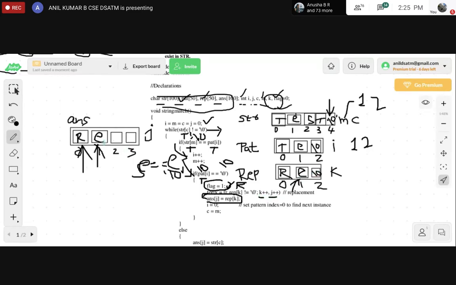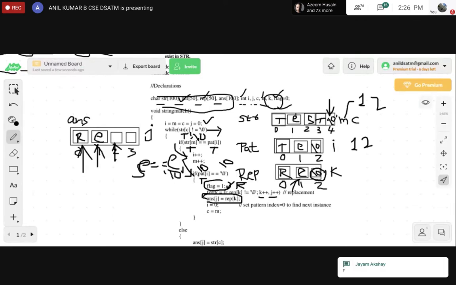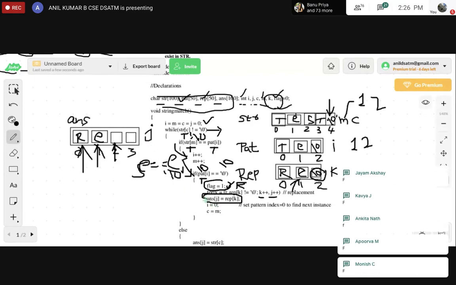So now third position. Check here the null character. So when rep of 2 is not equal, that is, null character not equal to null character, is it true? The condition will become false.